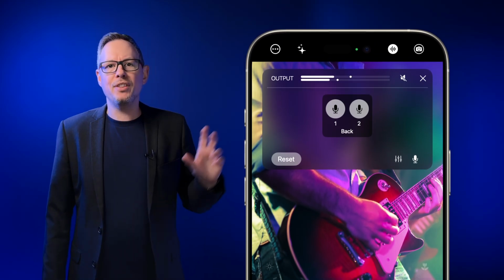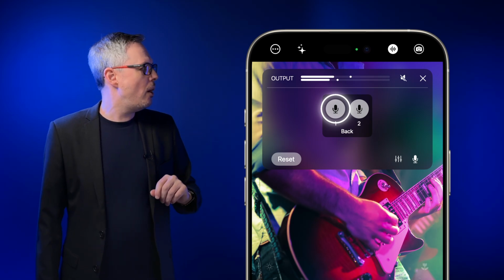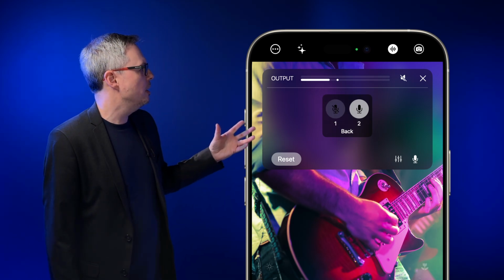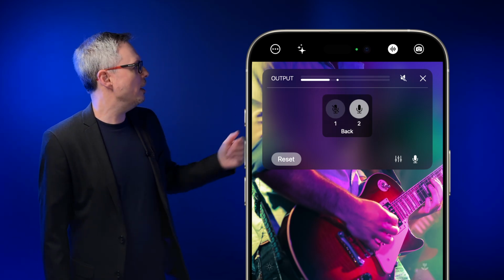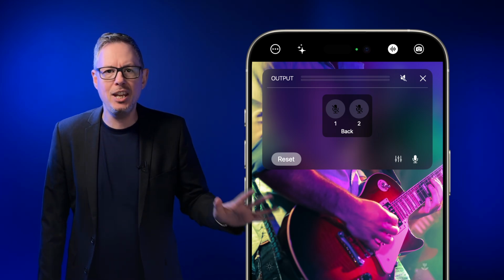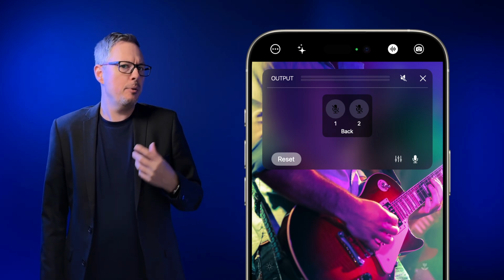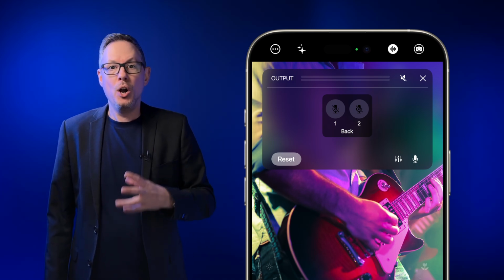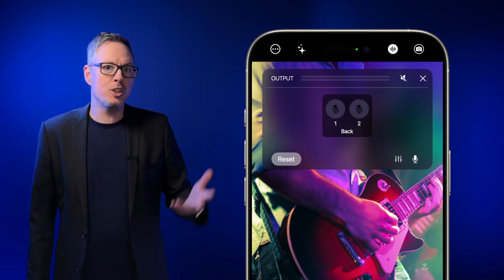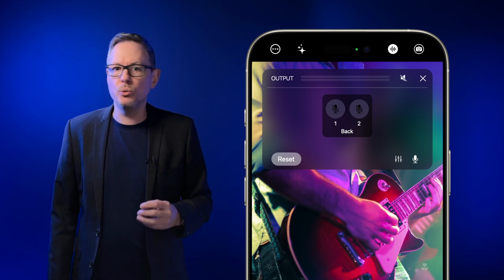Now, let's have a look at these buttons here, and these are our on and off buttons. So, for example, I can turn channel 1 off. Or I could turn channel 2 off. Now, I'm not sending any audio out. I'm not recording anything and I'm not streaming anything. This is very useful if you're starting a stream, for example, and you need to start with some picture and you don't need any audio. You can just turn it off.